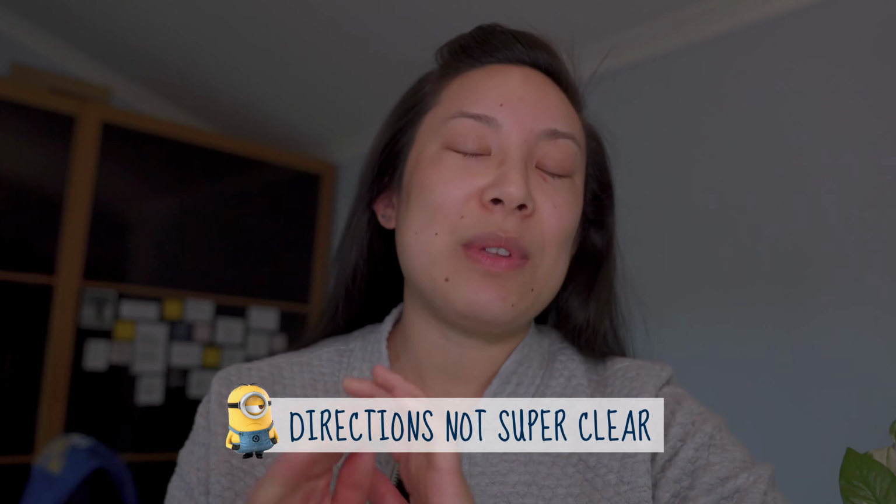Sadly, the booklet that it comes with isn't super clear, which I totally understand, you know, language barriers and just thinking about